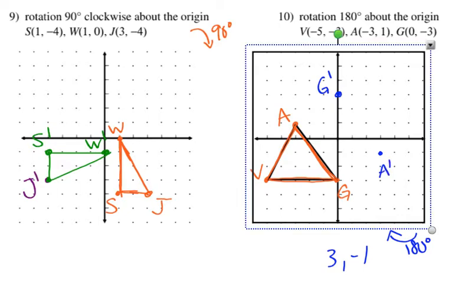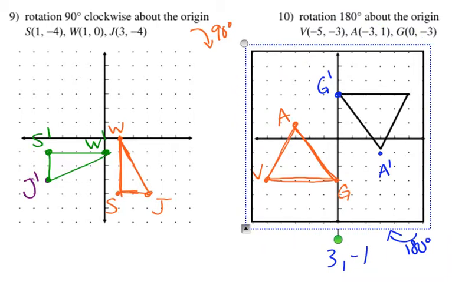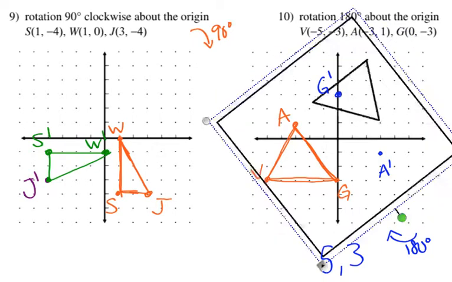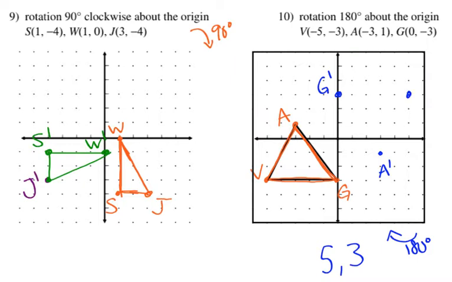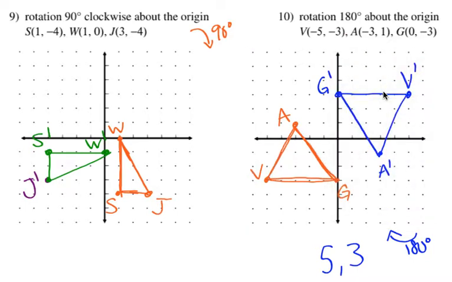Okay, let's do V halfway around. We looked at the location there. It looks like we go forward 5, up 3. So let me just memorize that for a sec. We're going to go to 5, 3 and rotate back. And then forward 5, up 3, and that is the location of V prime. And now that's all connected, and we are done with this one. Rotated halfway around. Okay,